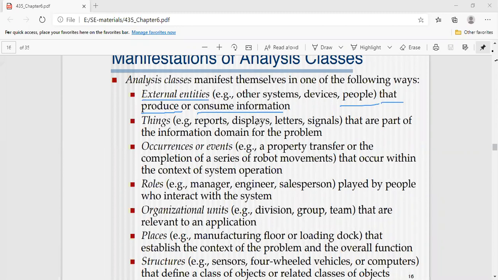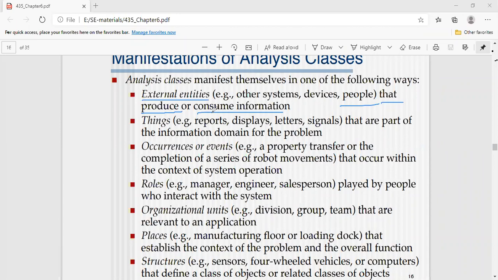So like that, the classes we have chosen are called the external entities, right? For this purpose, we should analyze the classes.